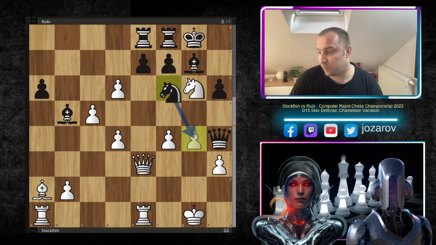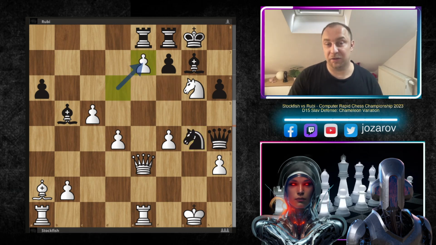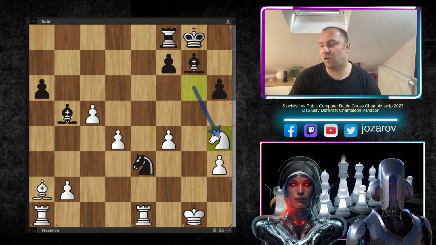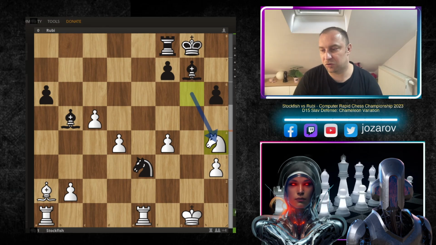In the game, Ruby played knight to g4, sacrificing the knight. We have now d takes e7, first attacking the rook. In the game, knight to e3, and Stockfish sacrifices the queen, but it's only temporary. First we have e takes f8, the check. After rook to f8, now Stockfish picks up the queen, and from this whole tactical sequence, Stockfish is now up